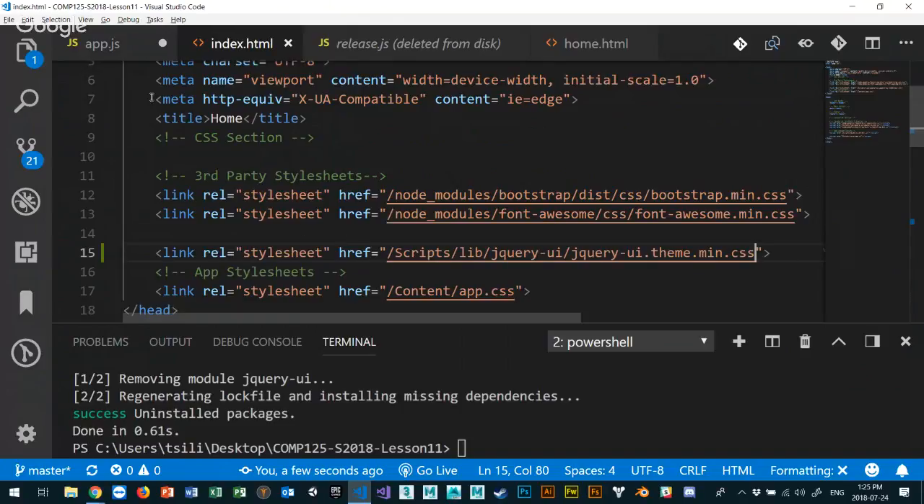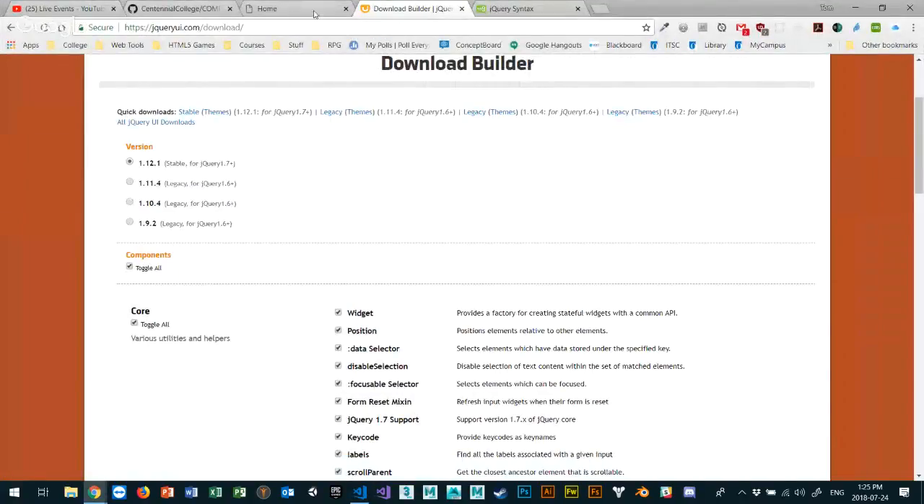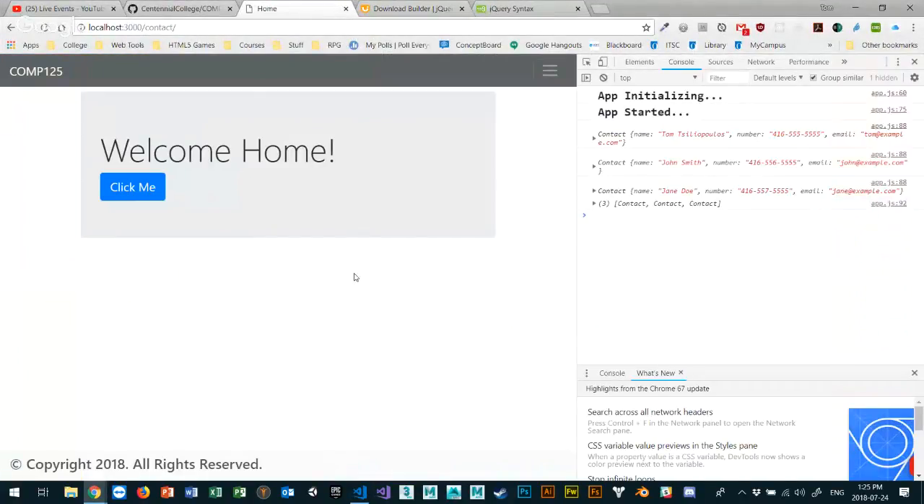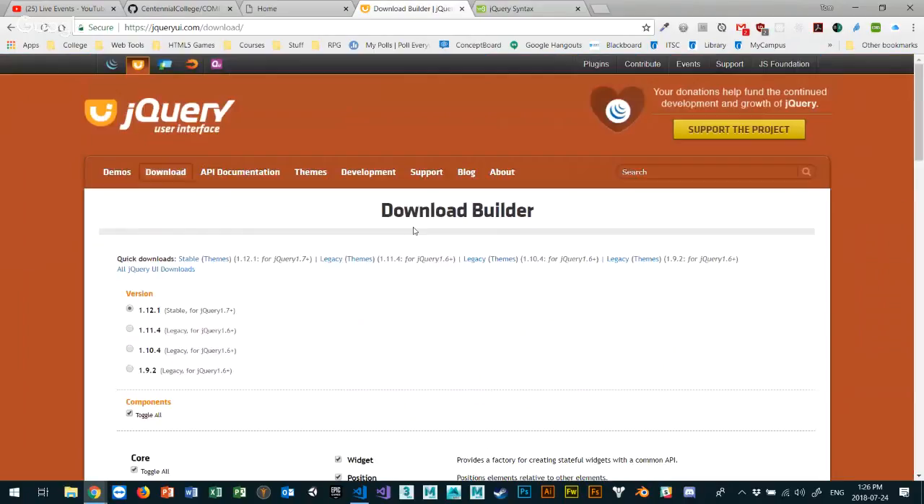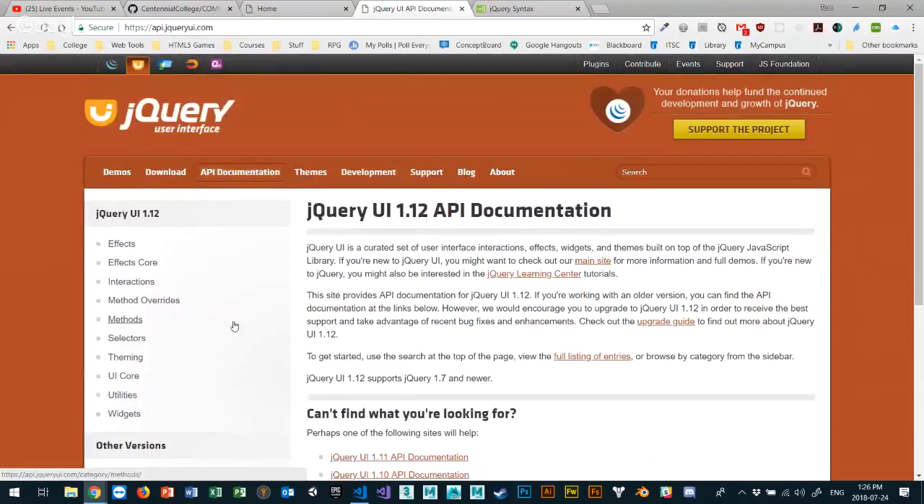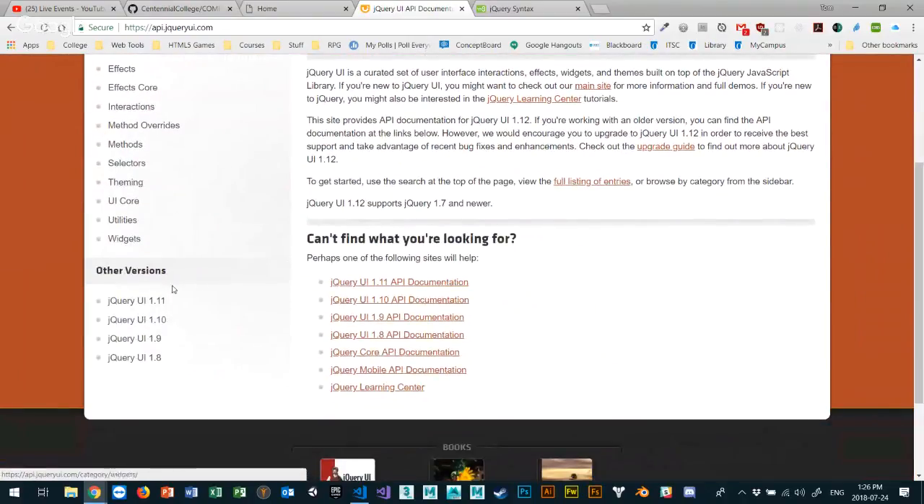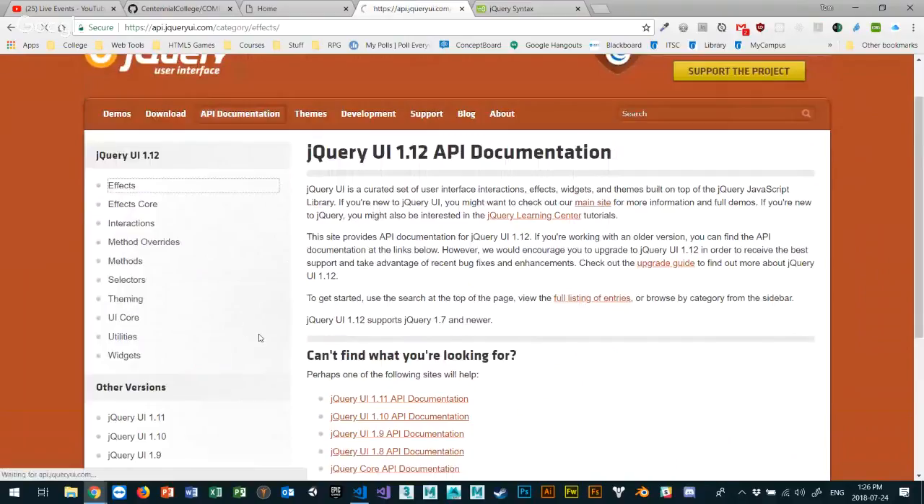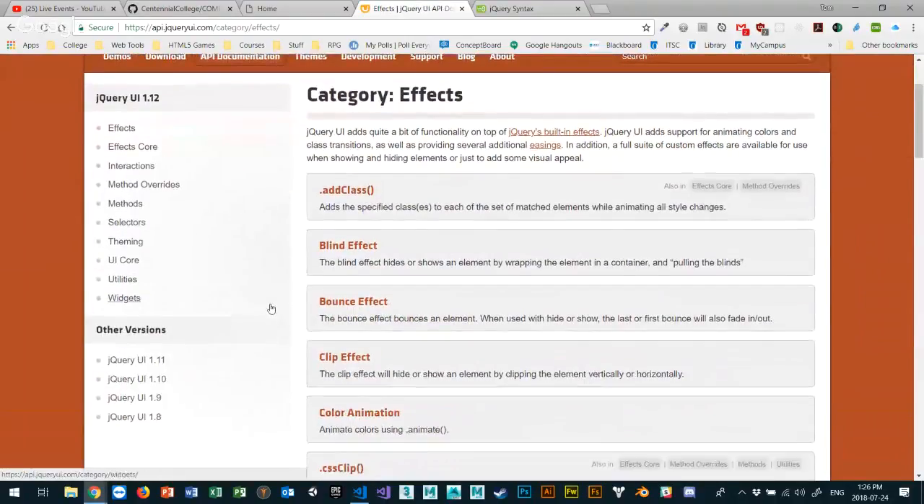Okay, so if I did this, save everything, I saved it all, and I go back to my page, what does it do to my page? Nothing, right? Not yet. But it allows me to do things when I click. I can do special effects with the UI stuff now, right? Because I have access to this whole other library of things. Now, here's my API documentation. I can do any of these effects that are built in. So, for example, I want to do